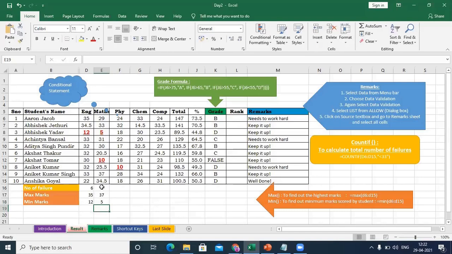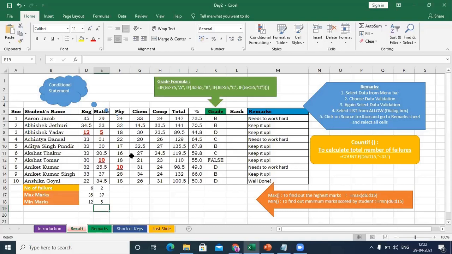Before entering values in the Excel file, make a blank format, write all the formulas, and automatically you will find all your grades, percentage, everything will be ready. I normally don't do anything. First, I create one blank Excel sheet. I put all the formulas and then I start entering, and at the end, my result is ready. So I don't do any calculation, nothing.